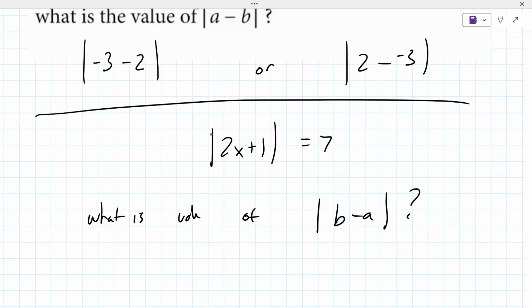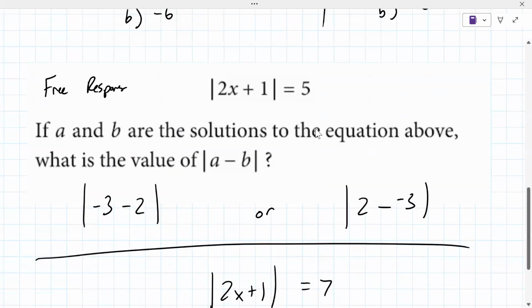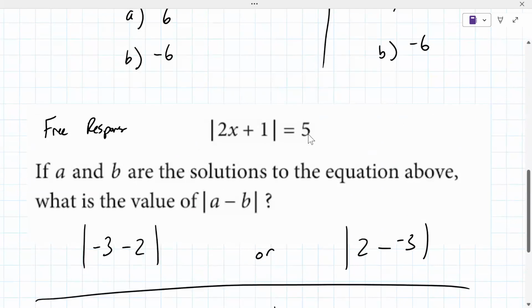It's 7. Are you surprised that the answer is 7? The previous answer was 5. Oh,